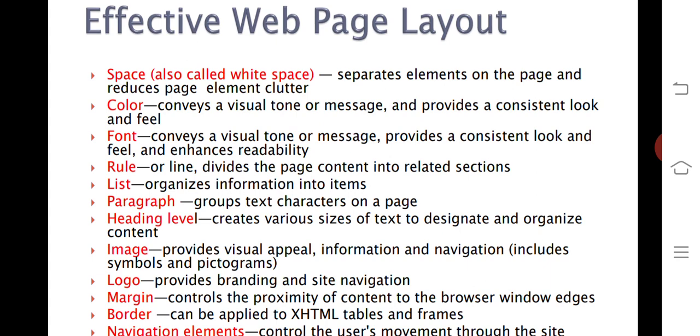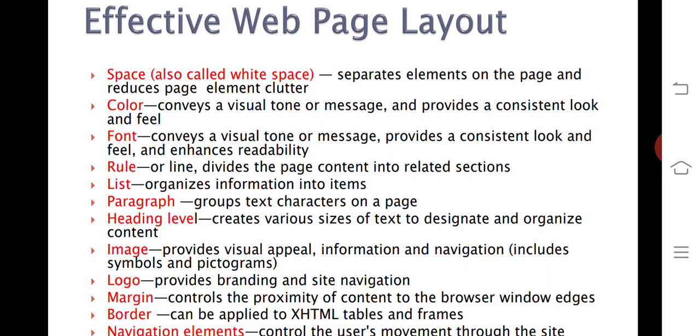Space means separating elements on the page and reducing page element clutter. Color conveys a visual tone or message and provides a consistent look and feel, the attractiveness of the web pages. Font conveys a visual tone or message, provides a consistent look and feel and enhances readability.